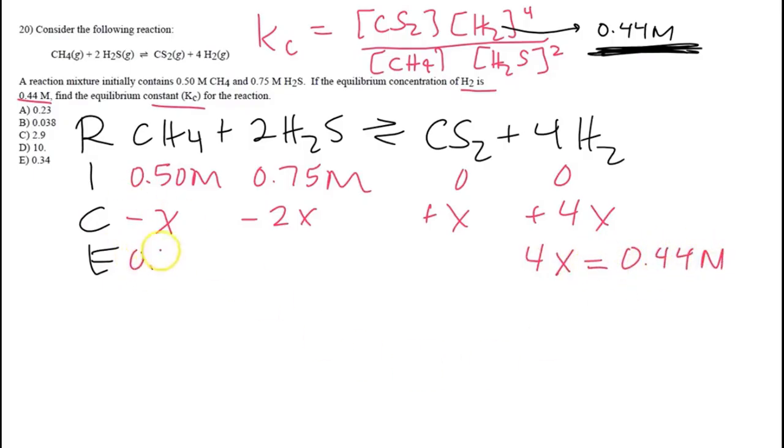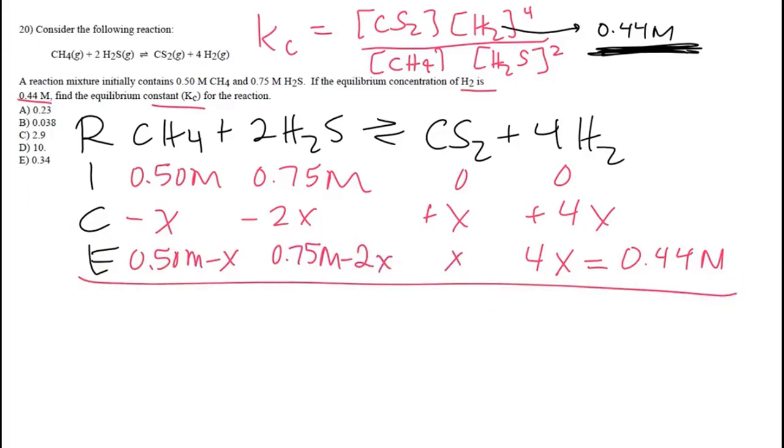We also know that this is 0.50 molar minus X. This is 0.75 molar minus 2X, and this is simply X. So if we already know that this 4X is equal to 0.44, we divide by 4 here, and we get our X is equal to 0.11 molar. So our X now we're going to plug into all of our equilibrium amounts so that we can solve for